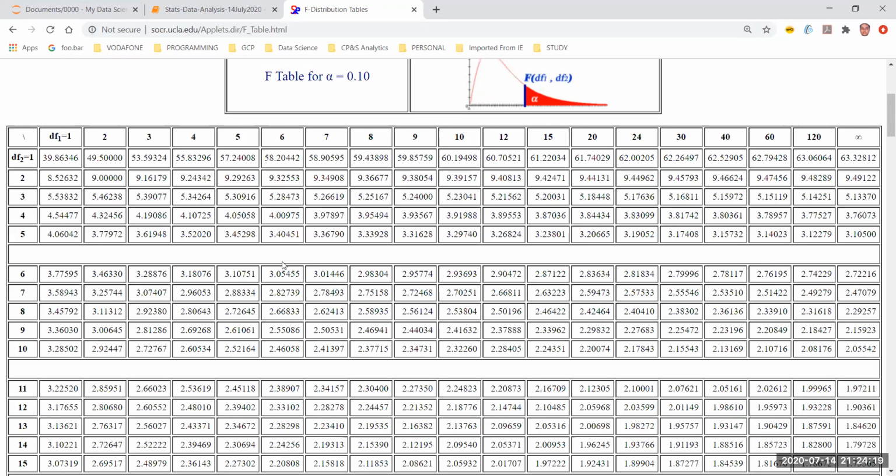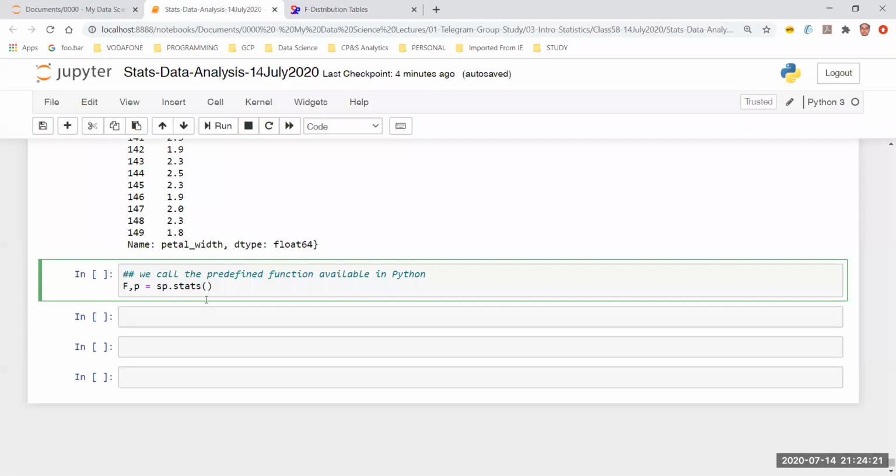That's it. But just to save time and reduce the complexity, we will simply call this function here, and let's see how that function is going to be. It is just f that we are trying to find, but we are doing a one-way ANOVA. So this is the name of the function, f_oneway, right? This is exactly what we are going to pass. Now, in this case, we have to pass the groups. How many groups do I have? 3 groups.